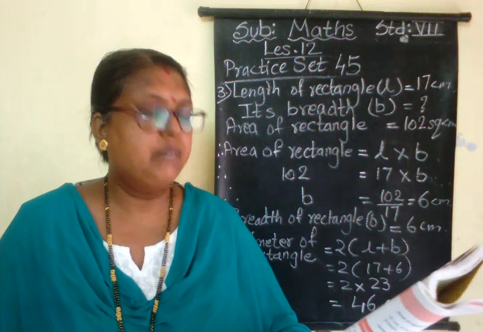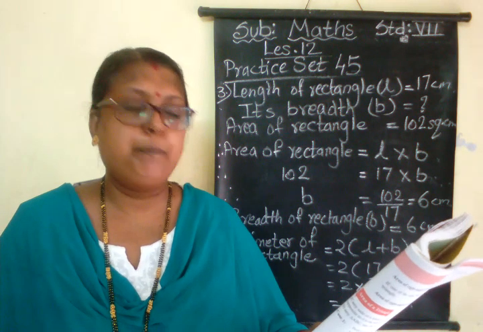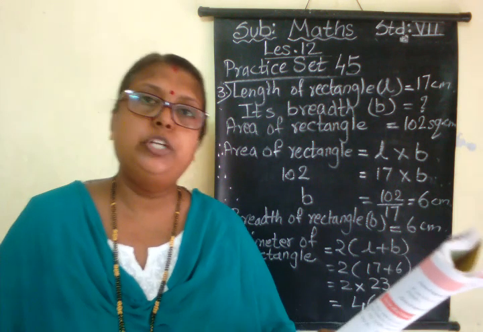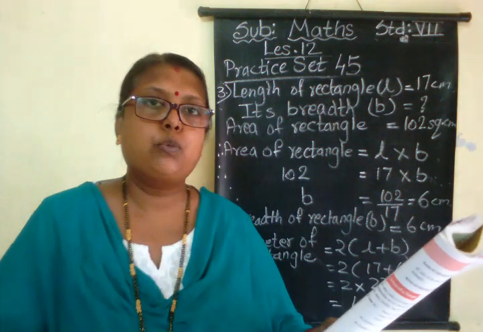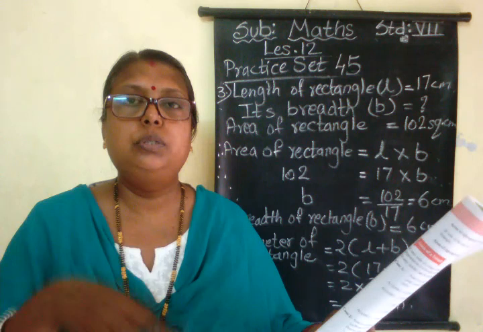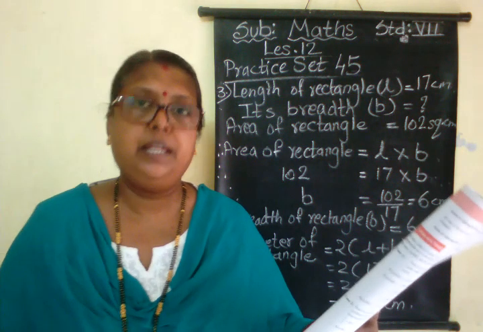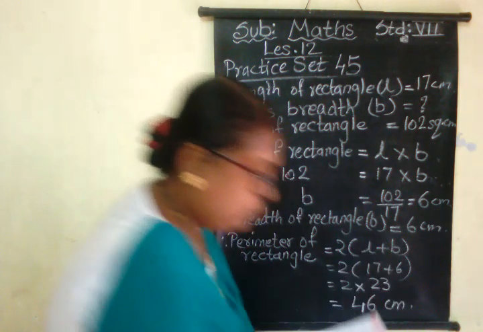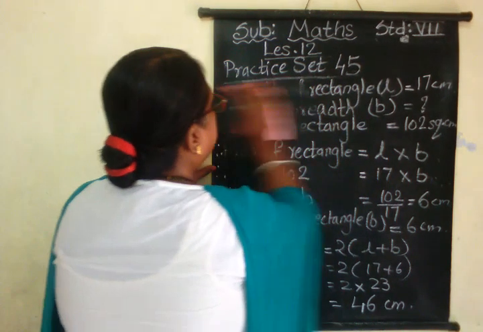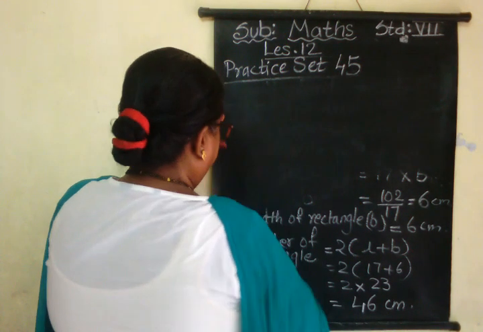See the fourth sum and then we will conclude today's lecture. Okay. If the side of a square is tripled, how many times will its area be as compared to the area of the original square? Means the original square is suppose 1 centimeter and the length is tripled. Tripled means 3 times. So new length of the square is 3 centimeter. Then how much will be the increase in the area? That you have to write down. So see, I will write it on the board. Very simple it is. Area will be 9 times more.